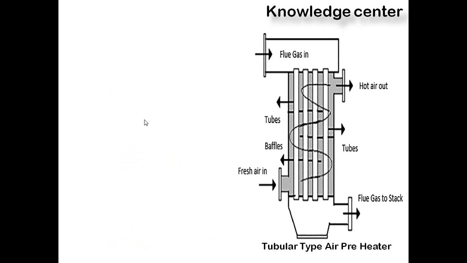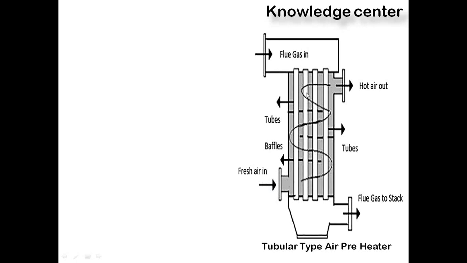So among the recuperative air preheaters, we have the second type, that is the tubular type air preheater. By looking at this picture you can understand. See, this is how the input air will be given. This is the flue gas, not air, which we are getting from the boiler. From the boiler we get flue gas, which is made to flow like this. And here we have air in, fresh air. At the air preheater we have a draft fan, and through the draft fan we get this air input.